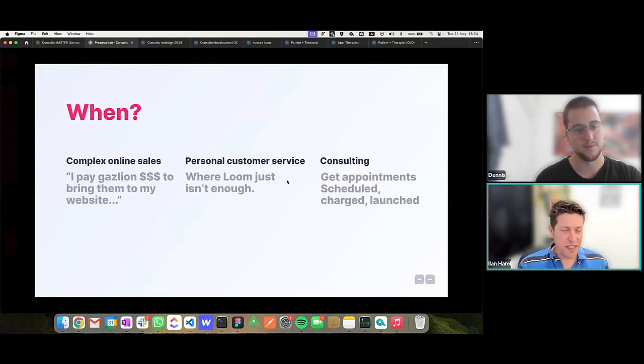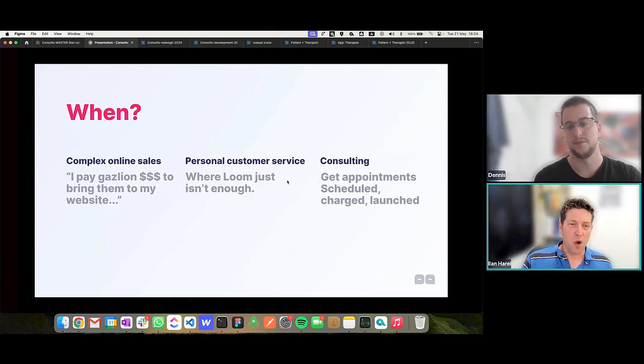So when is Consulto good? When are these 10,000 businesses going to use Consulto? The answer is three main use cases. One, when you're trying to sell something that is very hard to sell from your website. You have a website, but your conversion is low. You're investing a lot of money to bring people to your website, but then they just vanish.